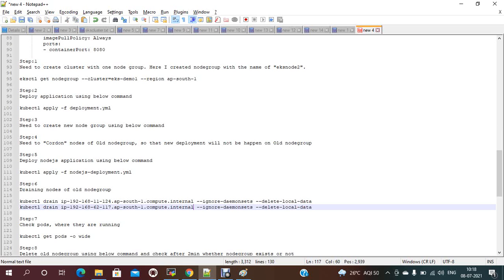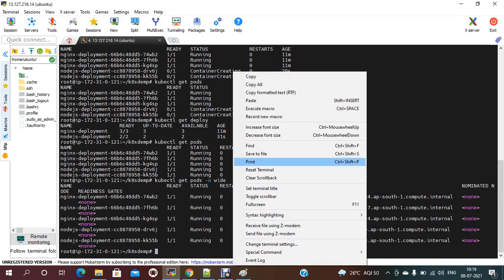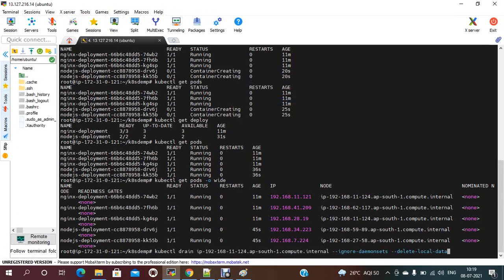Still my application is running. If I drain, whatever application is running on this node should be moved to the new node group. We'll check now. I just need to give this command: kubectl drain node 1 name --ignore-daemonsets --delete-local-data.